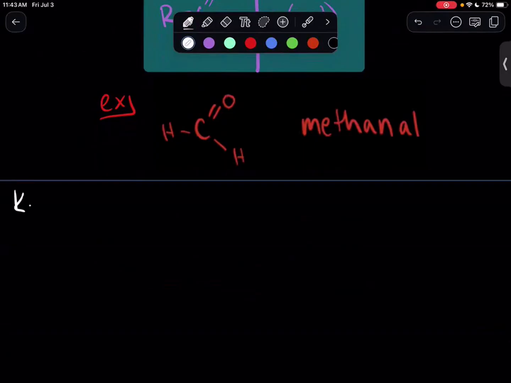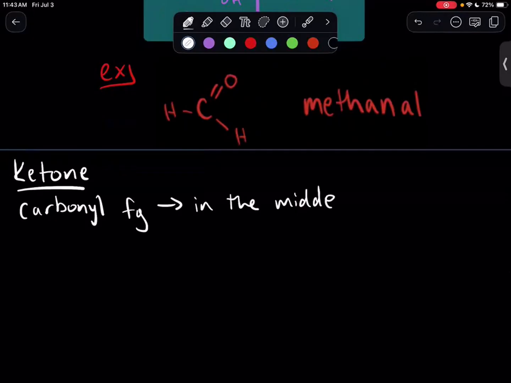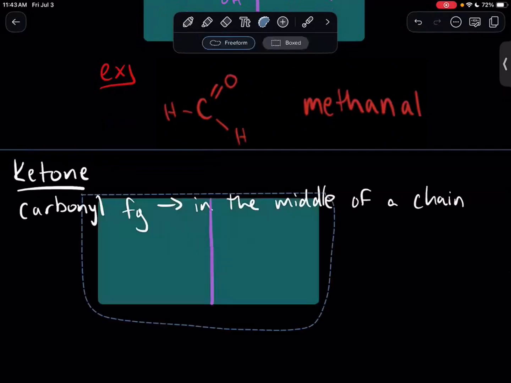Moving on to a similar type, we have ketones. Ketones, oops, and I've already messed it up. Ketones don't have a Y, and I am known to always put a Y in my ketones. And that is also a carbonyl group. So, carbonyl functional group. Now, the difference is that this is in the middle of a chain. So, in this case, going straight into our note card,